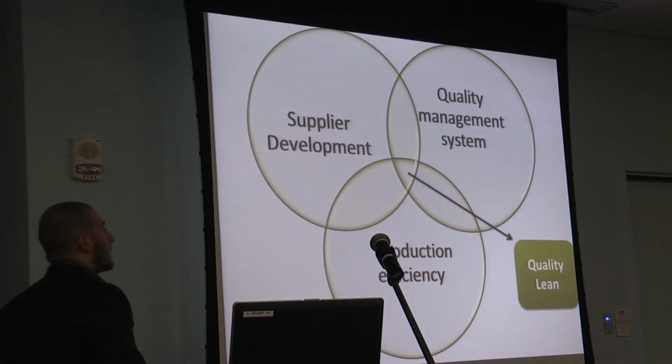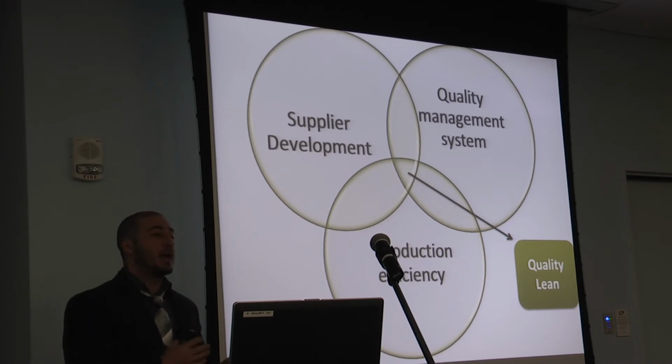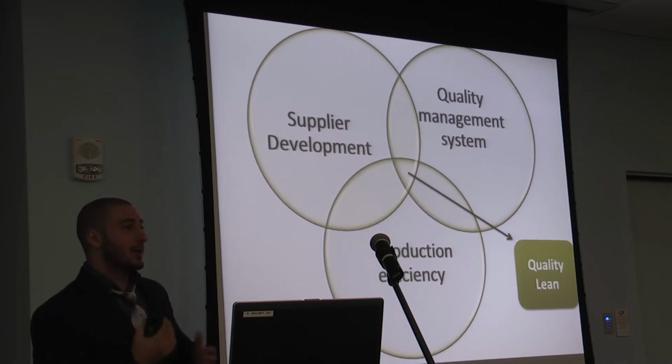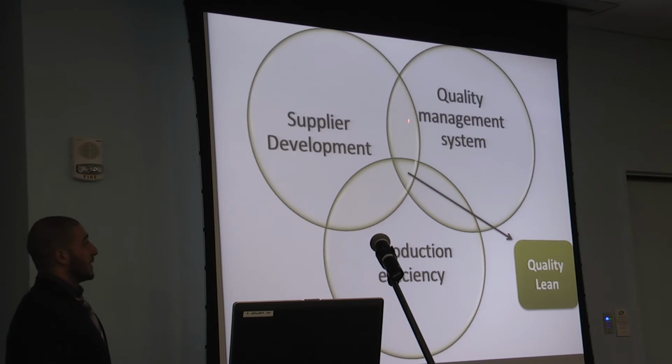Now, what we were able to achieve from this project is quality lean. Quality lean is an approach by any manufacturing facility that's aiming to improve their product quality, reduce labor costs, and eliminate waste. And in this case, it came at the intersection of the quality management system that was developed, the supplier development that was achieved by that quality management system, and the production efficiency that was achieved by those two previous